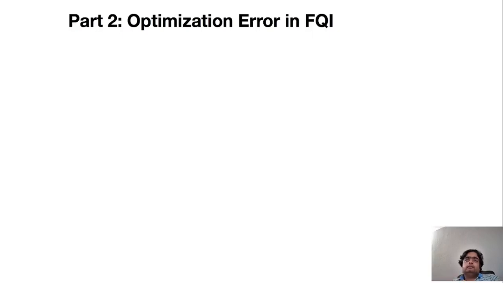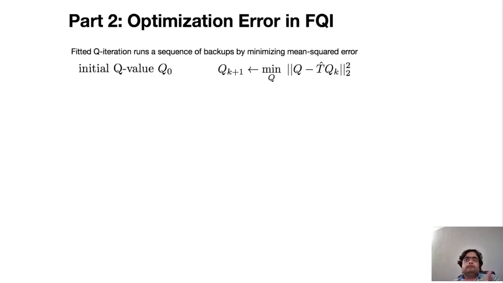In this section, we'll talk about optimization error and sampling error in fitted Q iteration. Just to recall what fitted Q iteration means, fitted Q iteration is an algorithm that trains a Q function by running a sequence of Bellman backups that minimize the mean squared temporal difference error. So you start from an initial Q value Q naught, and you obtain each successive Q function iterate Q k plus 1 by solving a least squares problem or a minimization problem